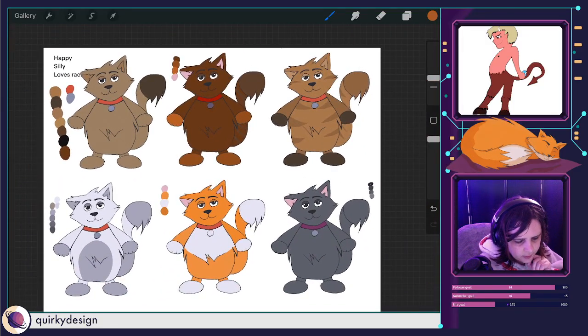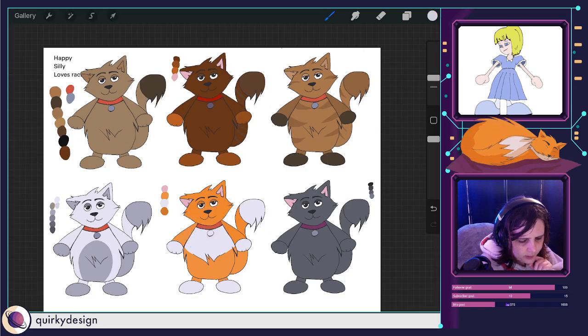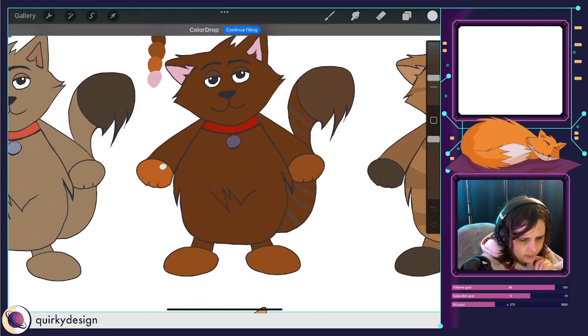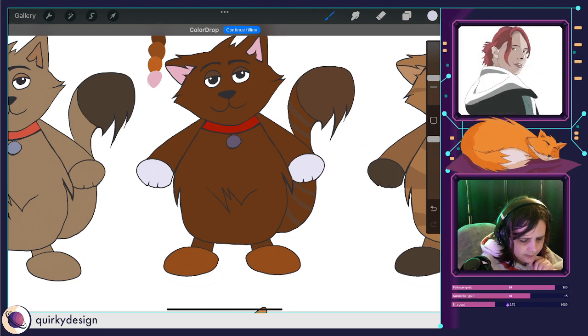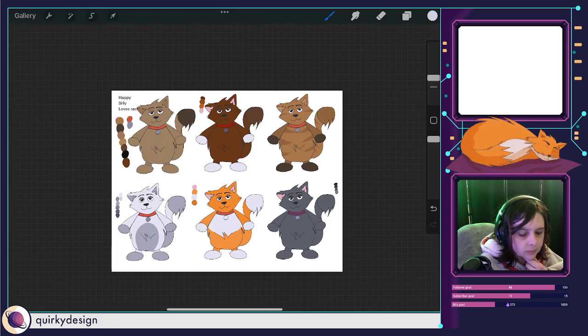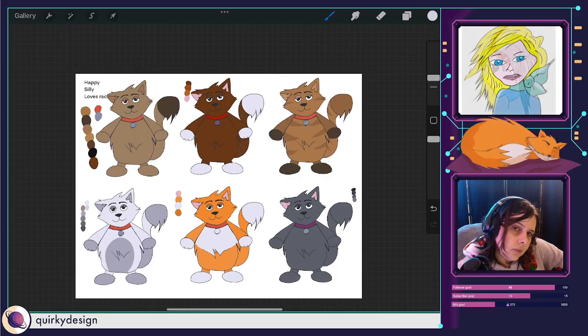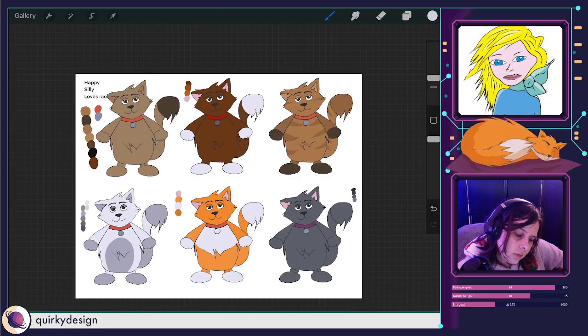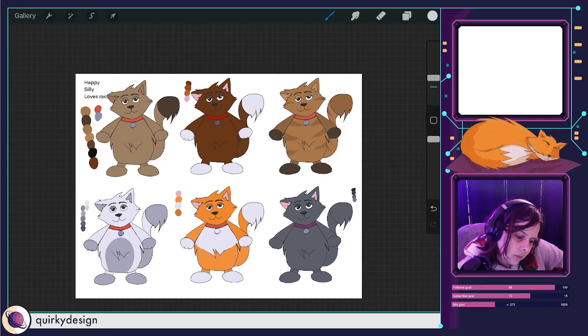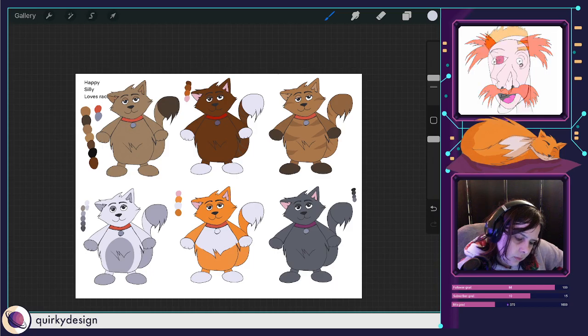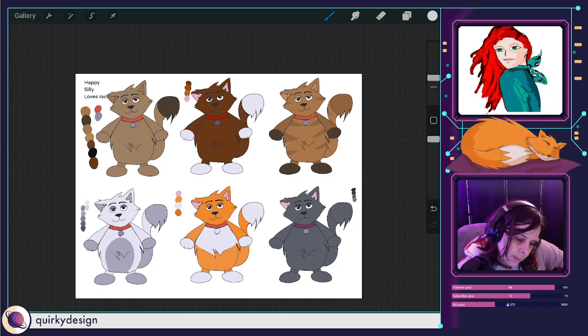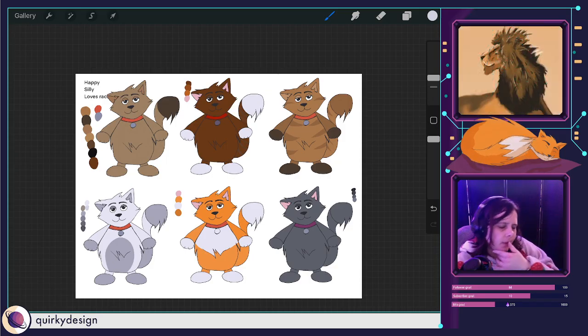I think the only other colour I could think of is maybe I could try a white colour. So I could have him brown and white. I don't know how I feel about it.